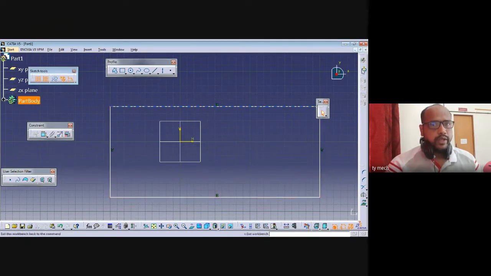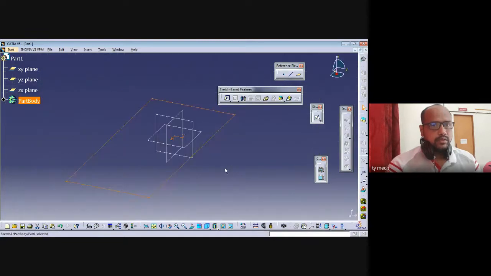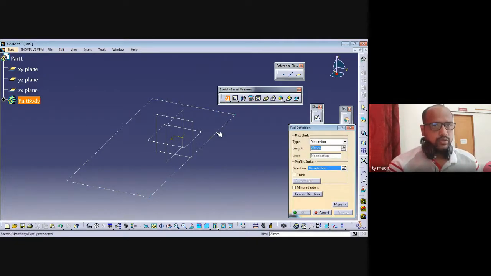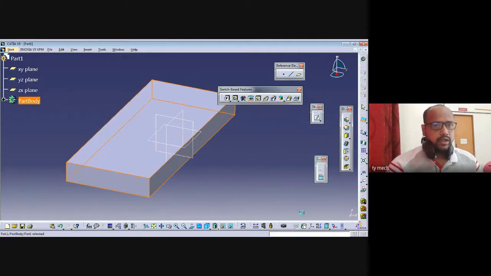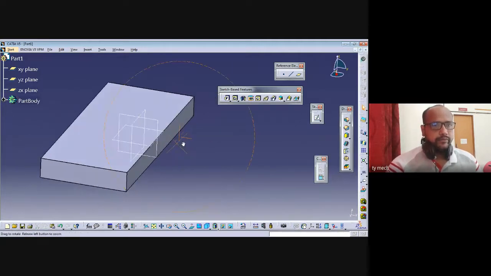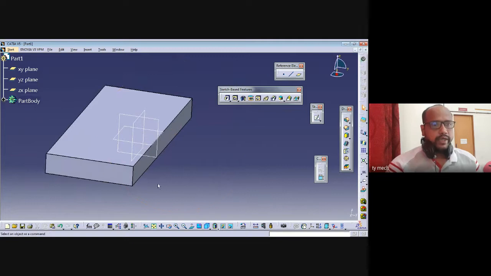Then go to the exit workbench and we will create a pad, that is extrusion. So you select this and write 30 mm. I have taken the 30 mm thickness of this rectangle preview. So in this way there will be a rectangle. Now we have to create a slot here as per our desired